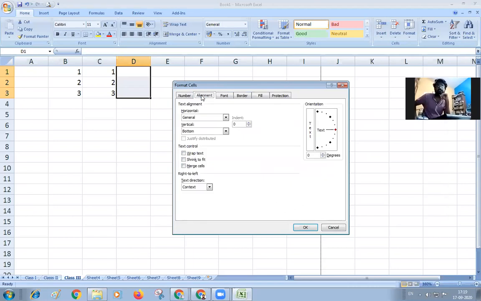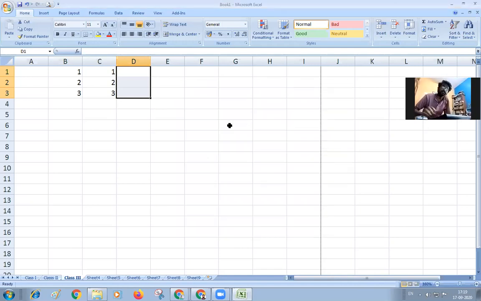Alignment itself, when you want to insert the text in a form of alignment, use the center or left or right or indent, right indent, left indent, then you can go for this justification process. And the vertical part is like this. But one more option you are going to get is that in Excel, you can also insert the text in this way also.